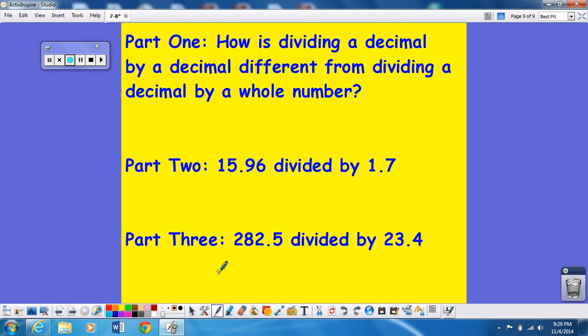On part 2 and part 3, I would just like you to copy these problems down and show me a little bit of practice. I want to see you work these problems out. Obviously, both of those problems are going to need to be put in a division house, like we like to call it. But come to class tomorrow with these 3 parts filled in on your notes page,